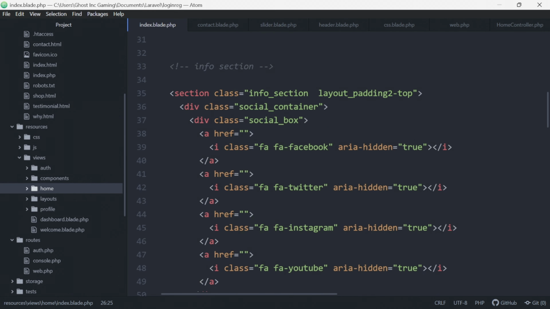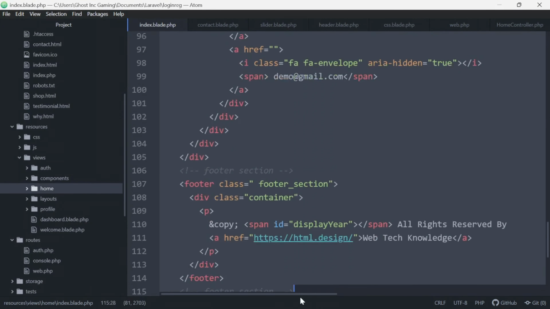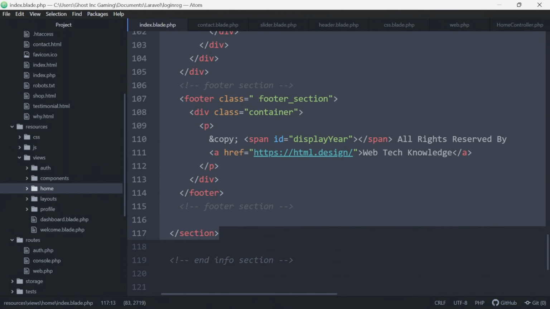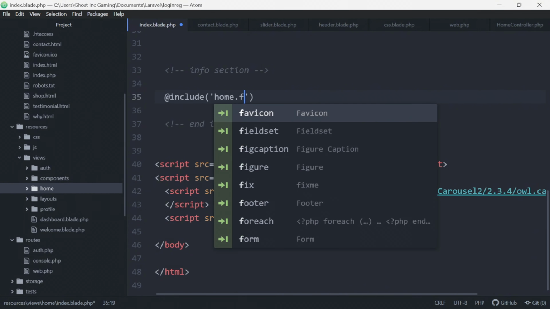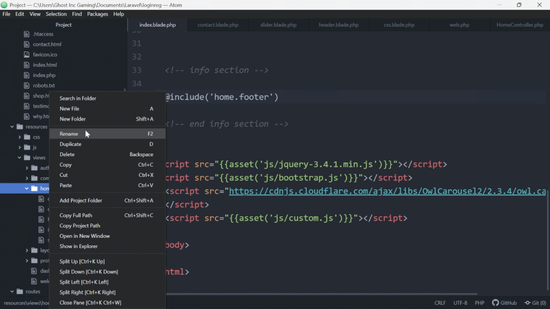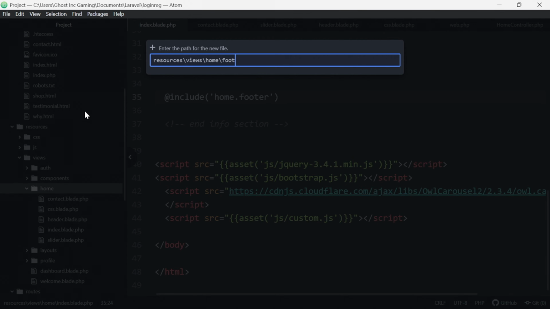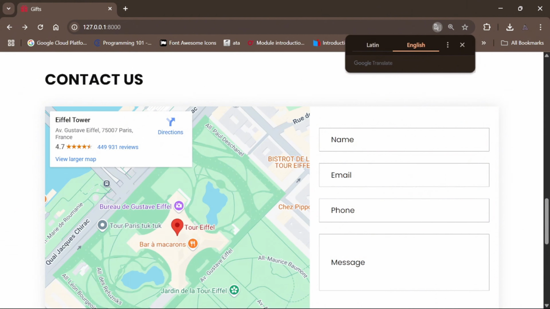Then I'm going to do it for the last section, which is the footer. I'll say include. I haven't created the footer, so home.footer, and then over here, new file, footer.blade.php, like that. And if we come back to our page